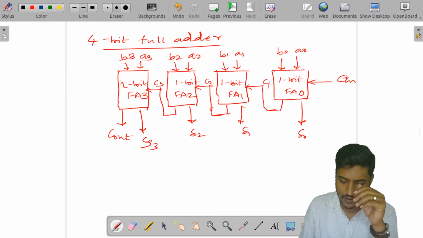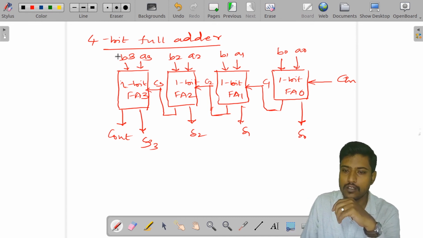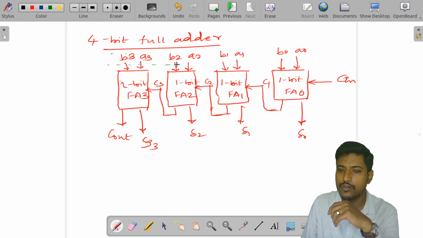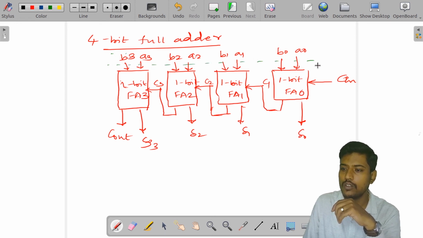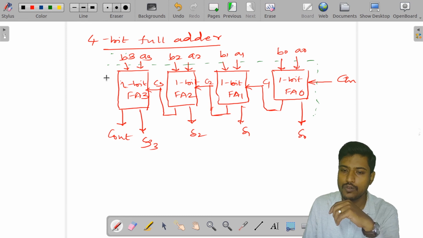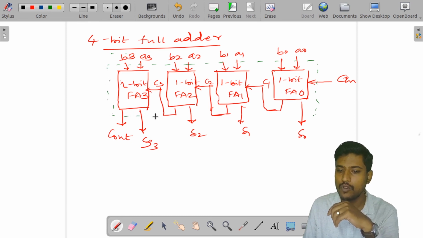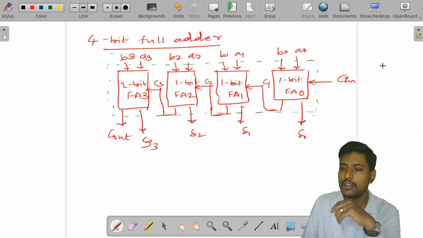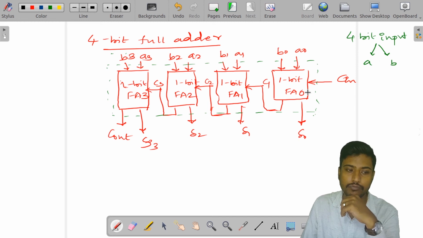Now, if I want to write this, let me take this whole thing as one module. For a 4-bit full adder module, what will we be having? I will be having 4-bit inputs, which are going to be A and then B. And then I need one more input that is going to be 1 bit, so let me call it a 1-bit input.